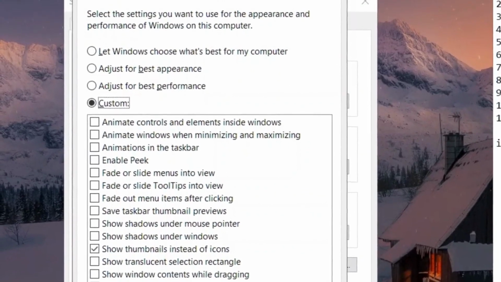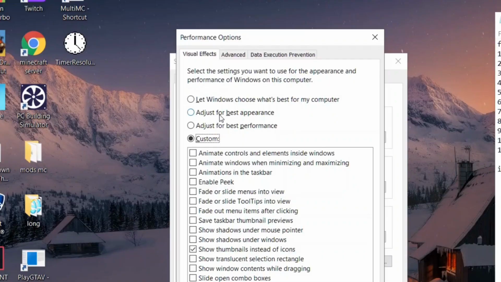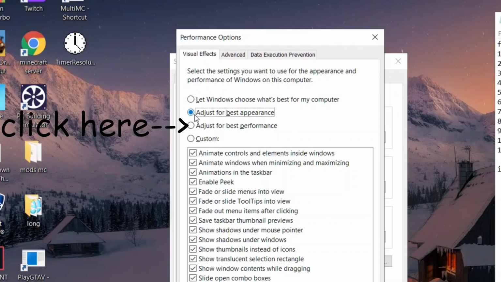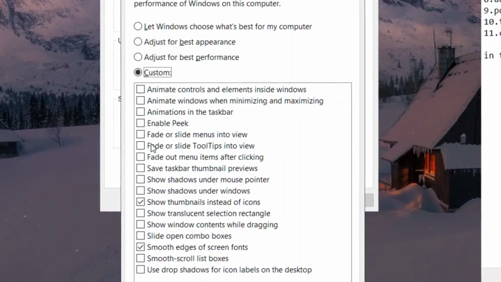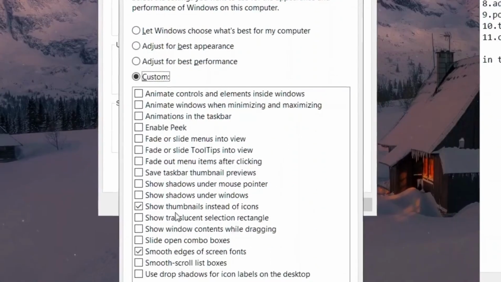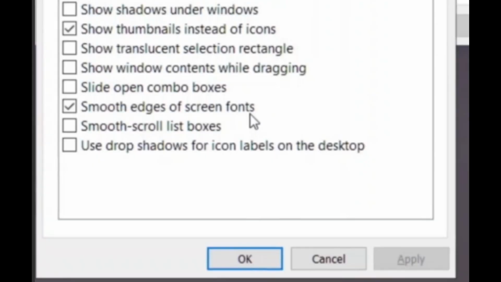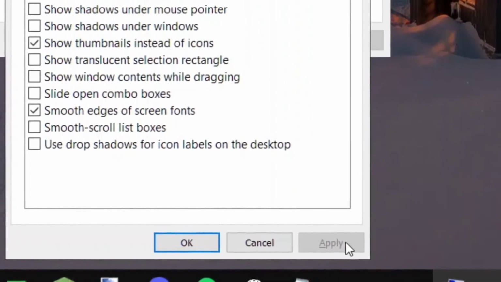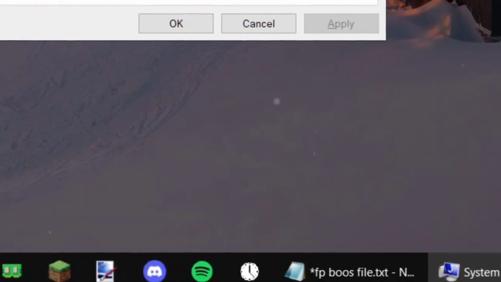You want to go under Visual Effects, the first one, Adjust for Best Performance. You want to click over here, then you want to hit Custom and make sure Show thumbnails instead of icons is selected, and the other one you also want selected is Smooth edges of screen fonts. Once you're done with that, you want to hit apply and then OK, and then you can exit out of this